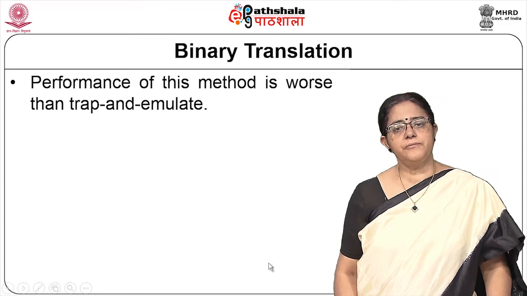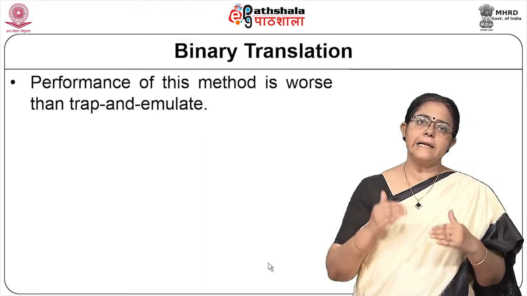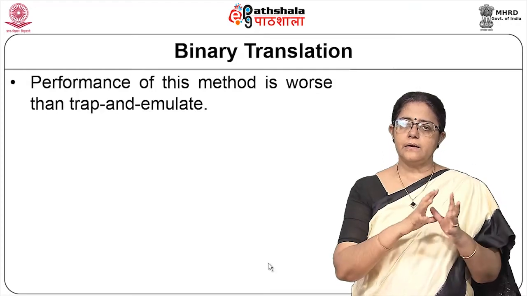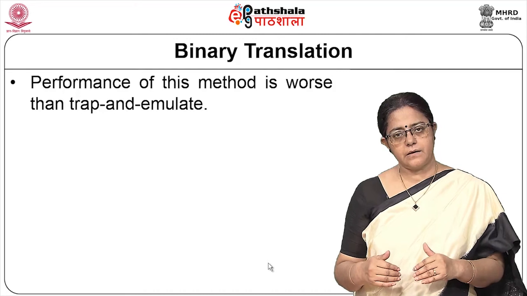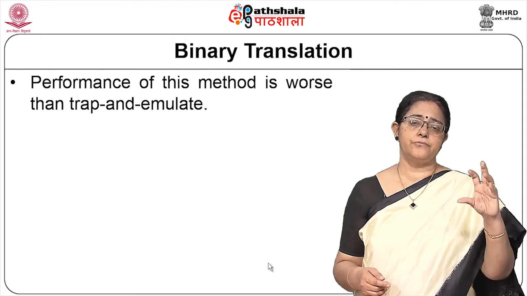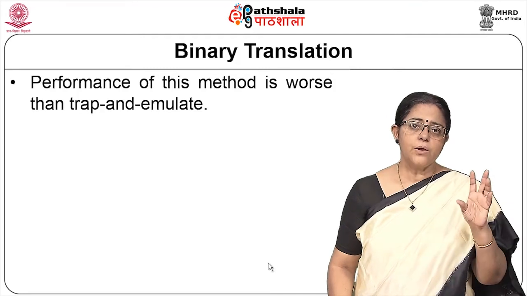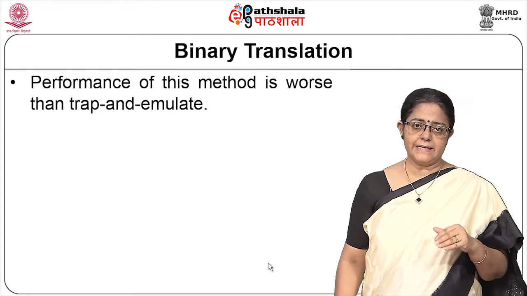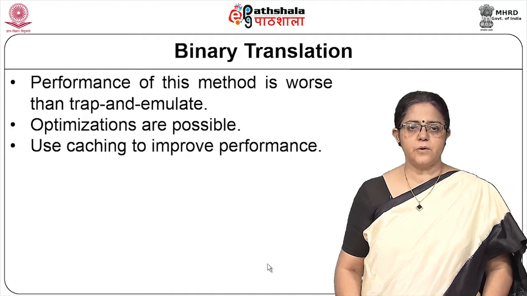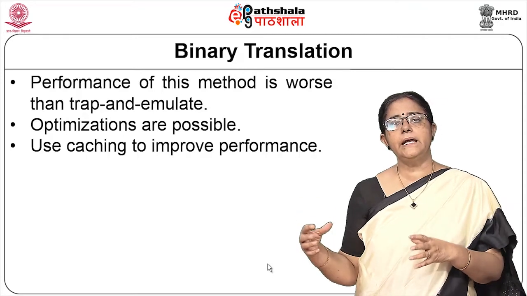So, performance will be worse than trap and emulate because another layer of inspection is happening. All the normal instructions are going and executing, all the trappable instructions will be trapped by the VMM anyway. In addition to that, we have a set of sensitive instructions which are not privileged instructions by the ISA. We have to take care of this by binary translation. So, the performance will definitely be worse, but there are certain optimizations that are possible, which is by caching the already translated set of